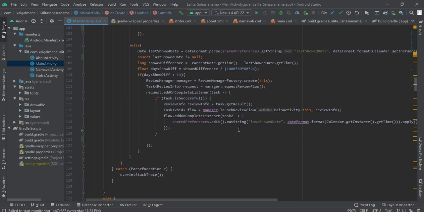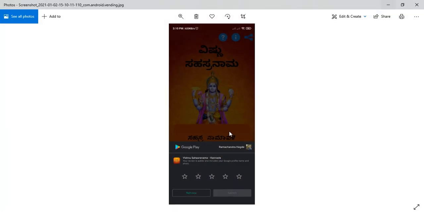So that's how this works. This is working fine for me, and I could see this pop up for one of my apps in the last few days. If the user has already submitted the review, but after 14 days it calls the API again, it won't display.